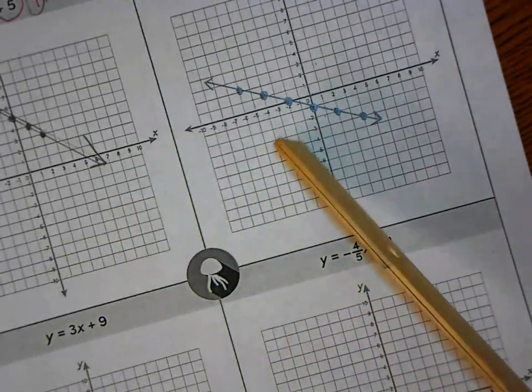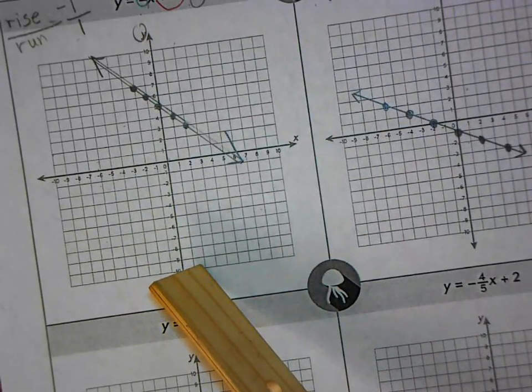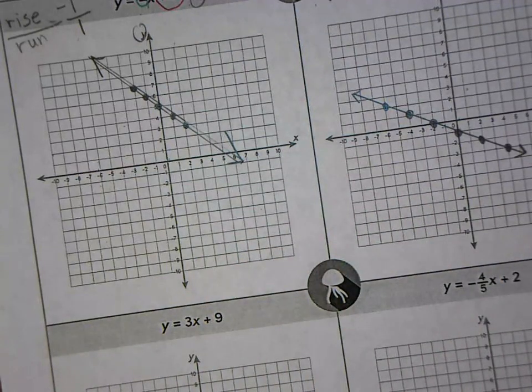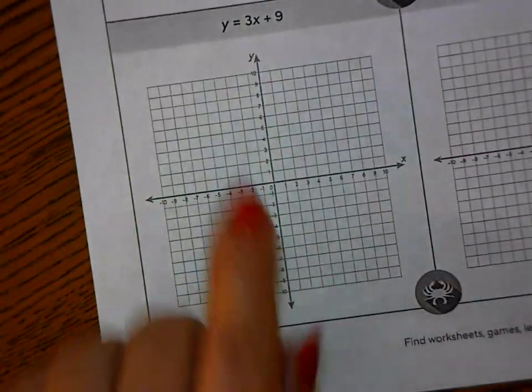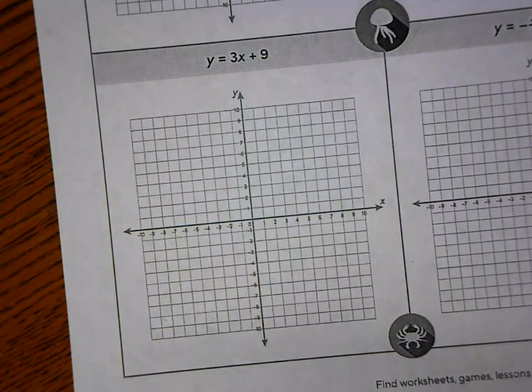I have a negative slope in both of my graphs. Let's look at this one here: y equals 3x plus 9. Okay, and there were several of you that came to talk to me about this, and I was glad about this problem here